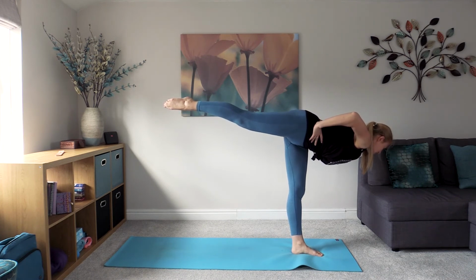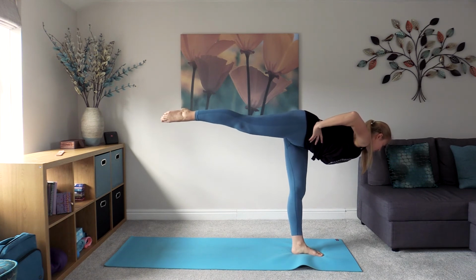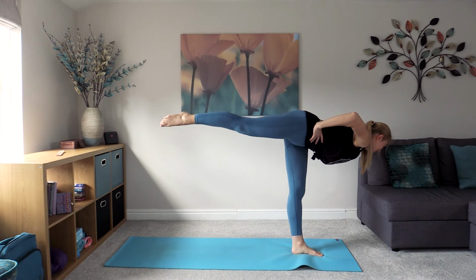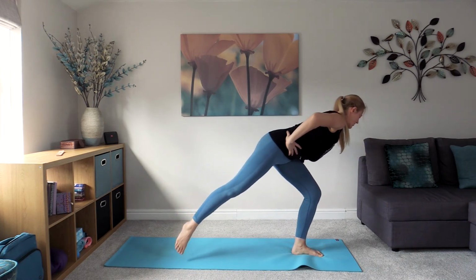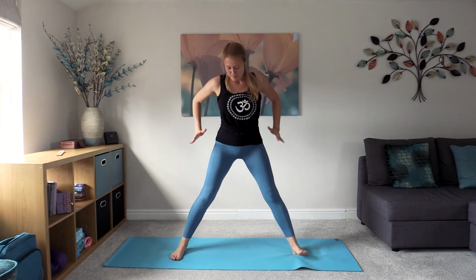And finding a gaze point on the floor in front of you, a drishti, something that's not moving, that can become the focus for your attention. And if you're wobbling quite a lot, don't worry, that's completely normal. I'm wobbling loads. And then we're going to bend a little bit through that standing leg, slowly with control, bringing the back foot down. And then again, turning both legs facing towards the long end of the mat,